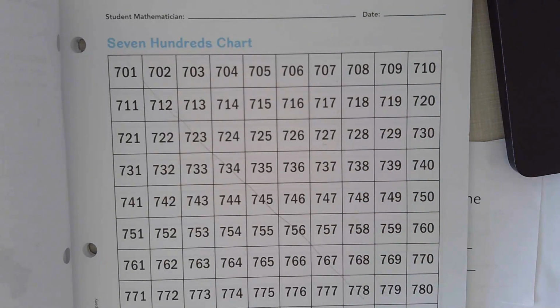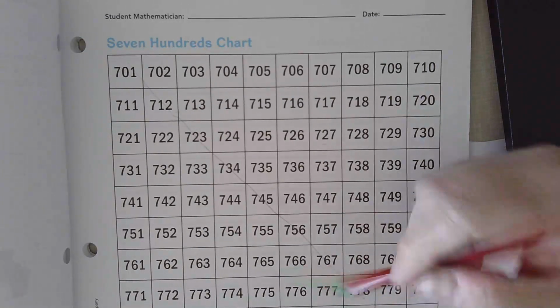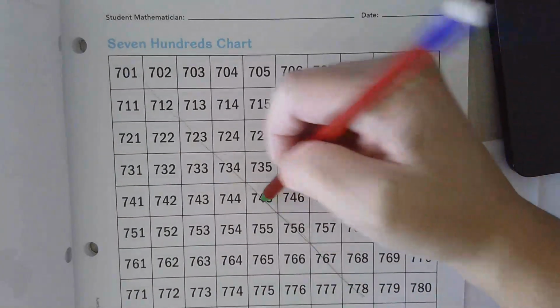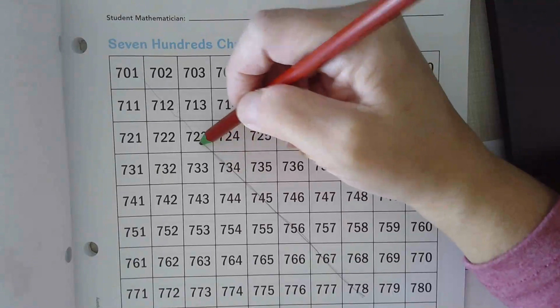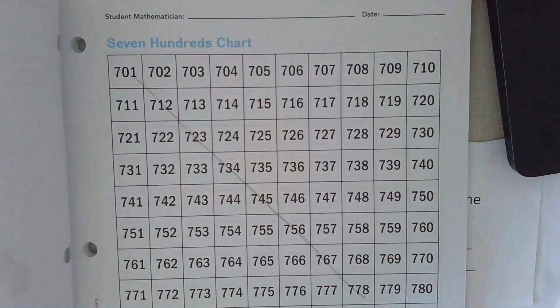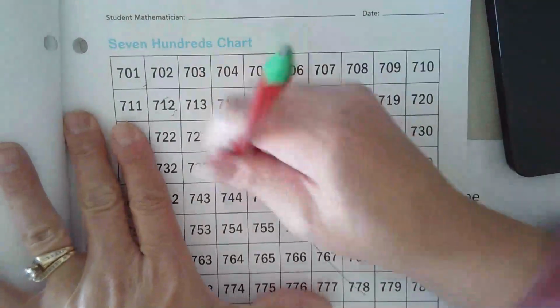Okay, moving diagonally up one row and to the left decreases by 11. So if you're going from here to here, you're subtracting 11, subtracting 11, subtracting 11, and so on. And moving diagonally down left one row increases the value by 9. Moving diagonally up one row to the right decreases the value by 9. So those are just some of the patterns that I wanted to point out to you that are on the